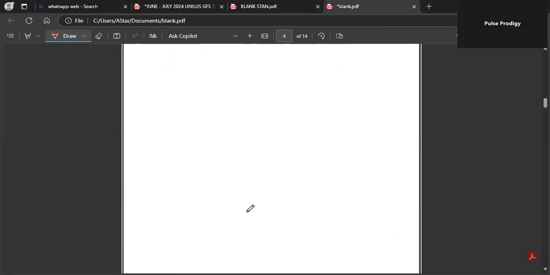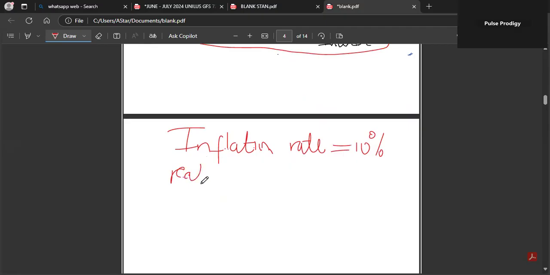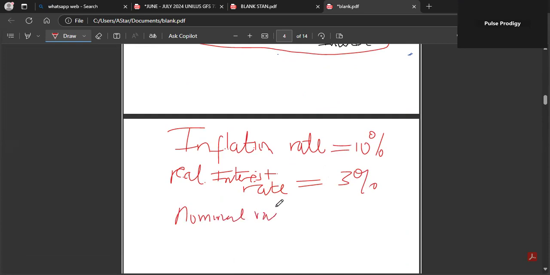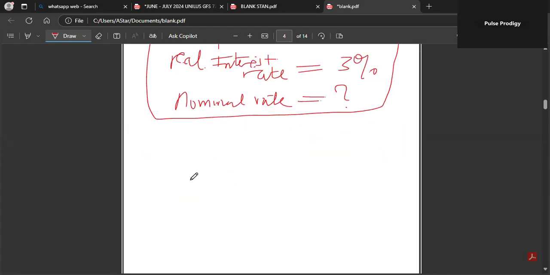So what is the inflation rate now? Inflation rate is 10%. And then what is our real interest rate? Real interest rate is 3%. They want to find the nominal rate, which is equal to question mark. So let us see, what would be the solution now here? So the formula still remains. We still use our real interest